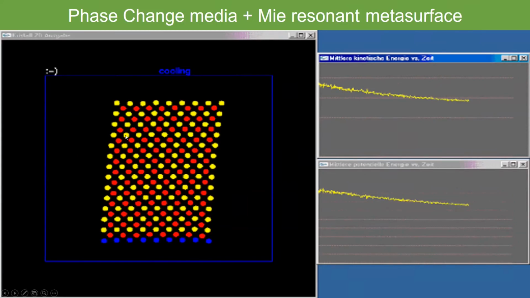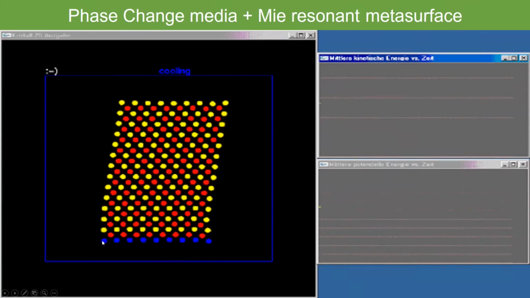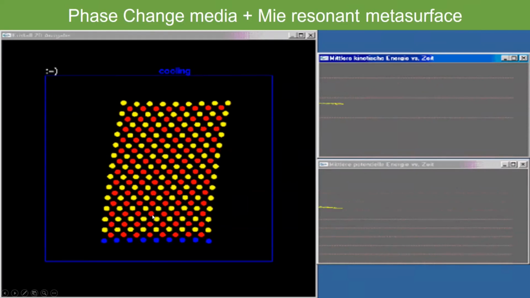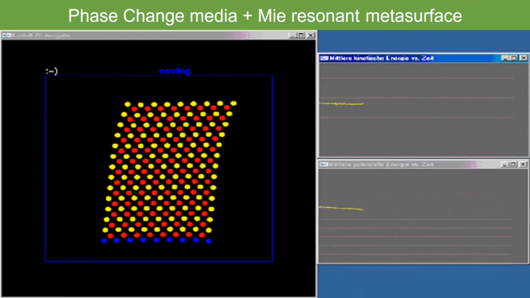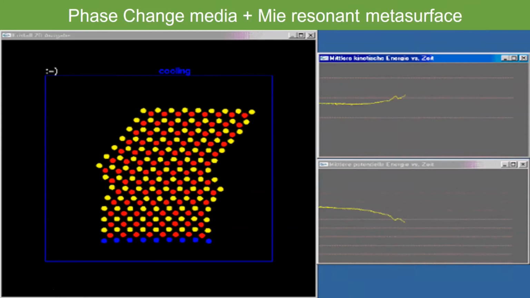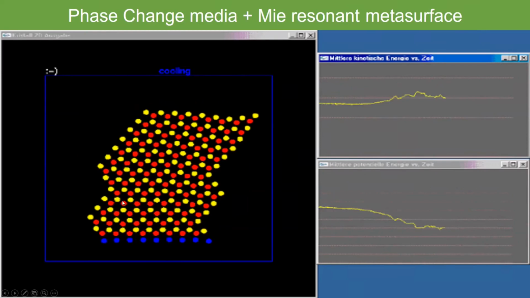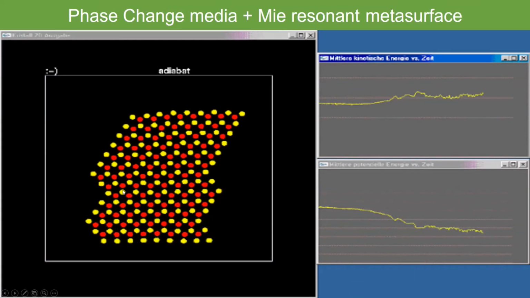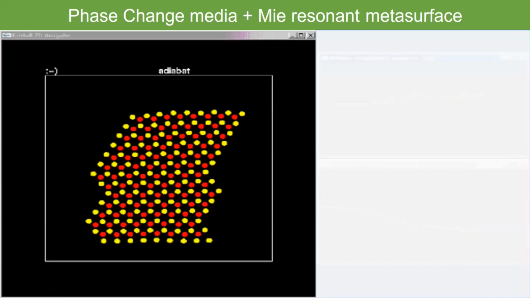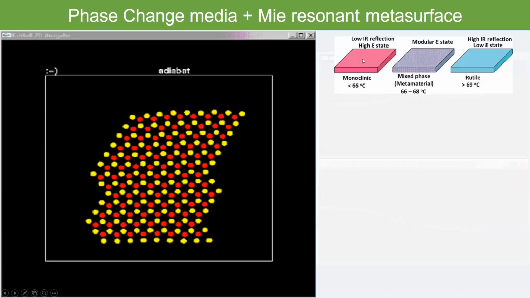For example, in the GIF here, you can see that this is a monoclinic structure, and it slowly is changing into a rutile structure. I'll let it play for a while. Now it is becoming a rutile structure. This is what happens in vanadium dioxide. At low temperatures, it is monoclinic, and at high temperatures, it is rutile. In the monoclinic phase, it is insulating, and in the rutile phase, it behaves like a conductor,